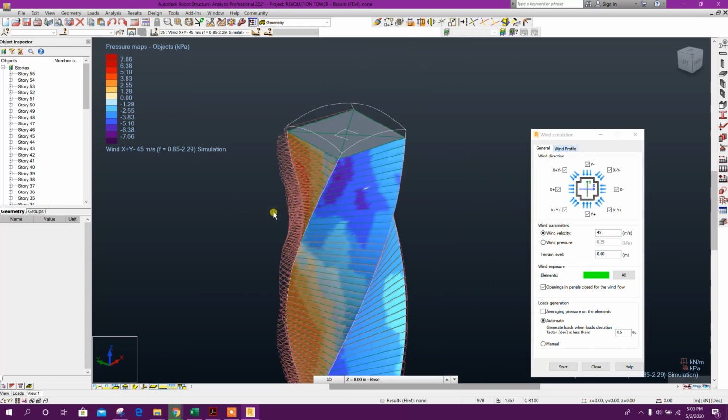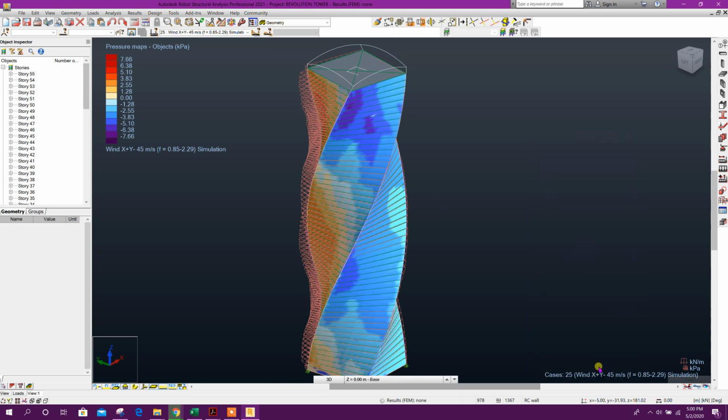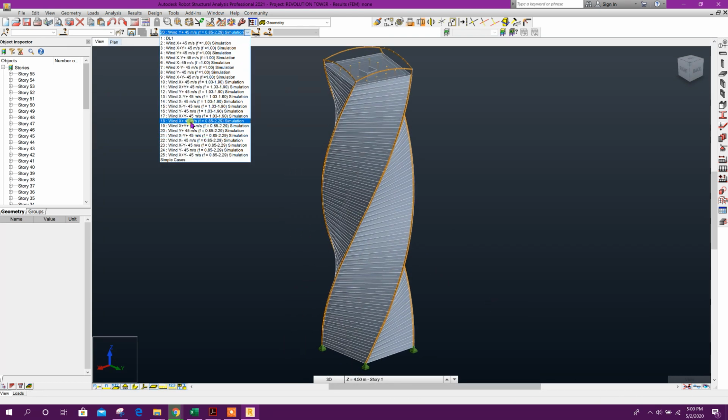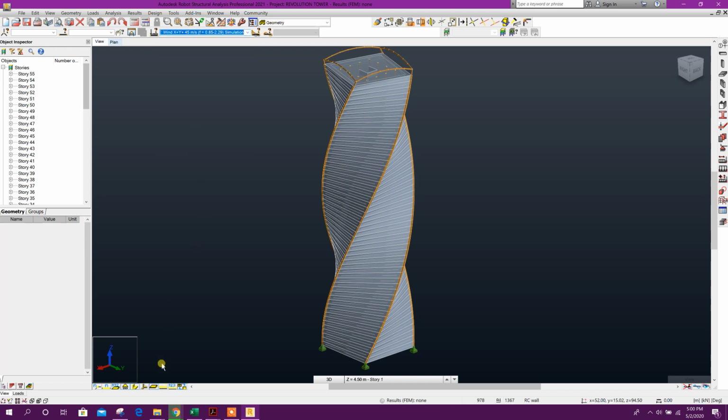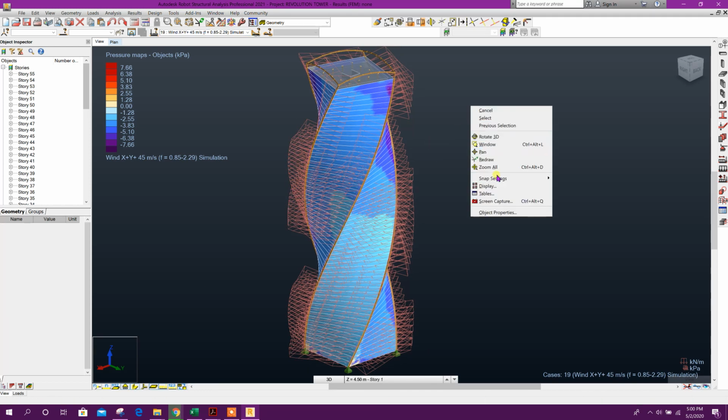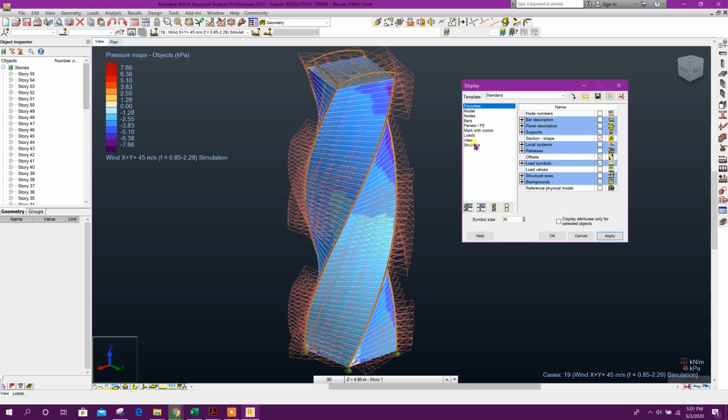Okay, now we will close this one. We can select the load case, then we can see from here. If we want to remove this symbol from this view, we can go to Display, Load, here Load Symbol.